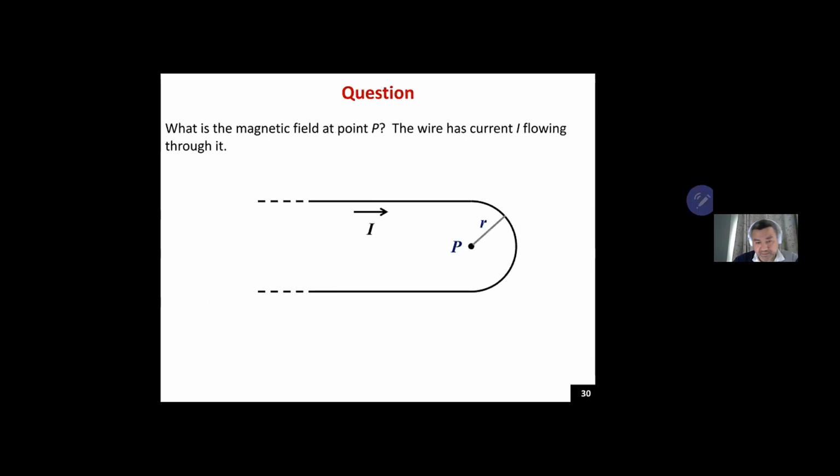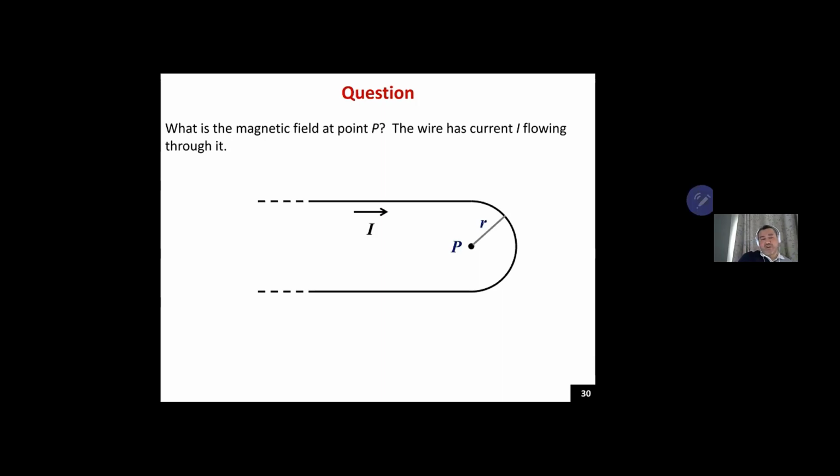So in this case, if we want to apply the superposition to calculate the magnetic field right at the point P due to this shape, we have an infinite wire coming from left and then curving in a semicircular shape,